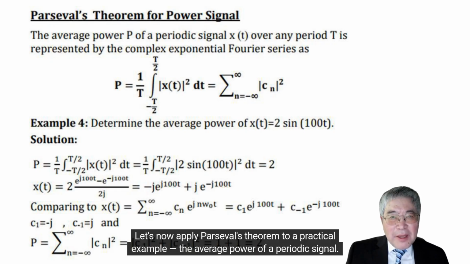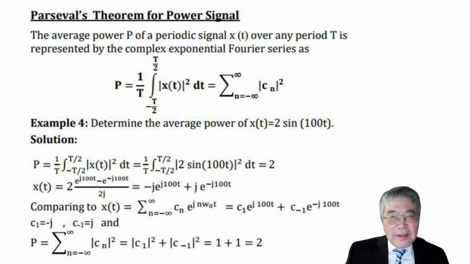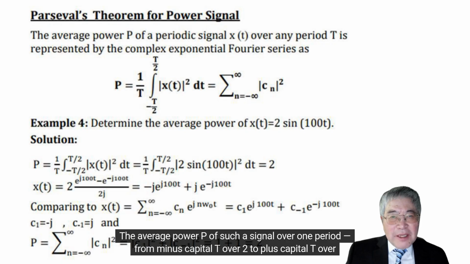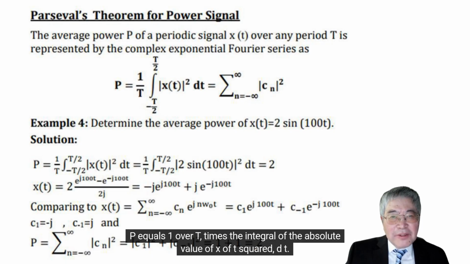Let's now apply Parseval's theorem to a practical example, the average power of a periodic signal. Here we're working with a power signal, which is a signal that keeps oscillating over time, like a sine wave. The average power P of such a signal over one period, from minus capital T over 2 to plus capital T over 2, is given by P equals 1 over T times the integral of the absolute value of